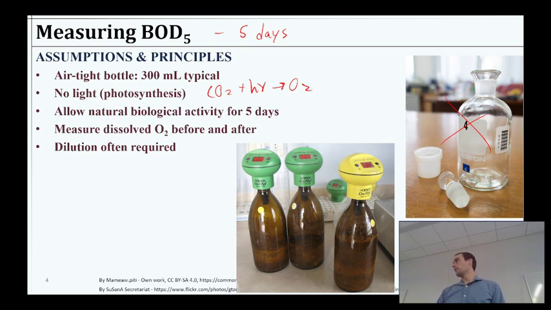Sometimes we'll have to dilute these bottles because there's just not enough oxygen in them in the first place to support that amount of drop of oxygen from the biological activity. So if we have high strength wastewater, or even a medium strength wastewater, we can't just do straight up wastewater in here because it'll deplete the oxygen. Our little oxygen meter, maybe we started at 8 milligrams per liter. After a day or two, all that activity, it might be reading at like 0.5 milligrams per liter, but that's its detection limit. So we ran it all the way out of oxygen, and we have some measurement, but it's not a valid measurement. So we actually have to keep it within some range.